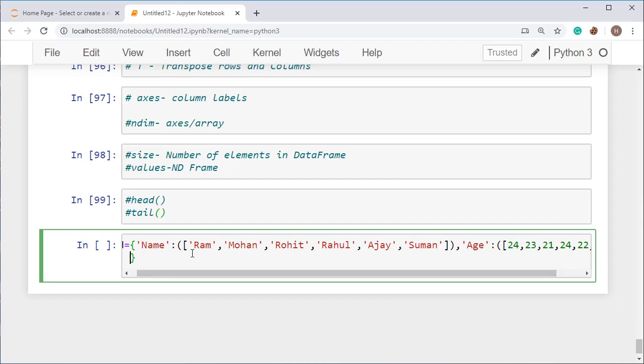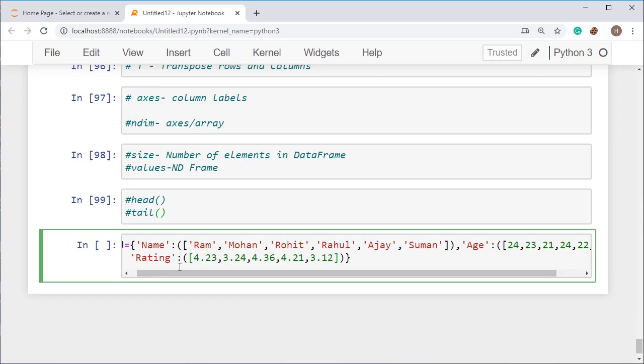Now I am going for the rating part. So rating, and put the values in a list. I am taking values like 4.23, 3.24, 4.36 and 4.21, 3.12.